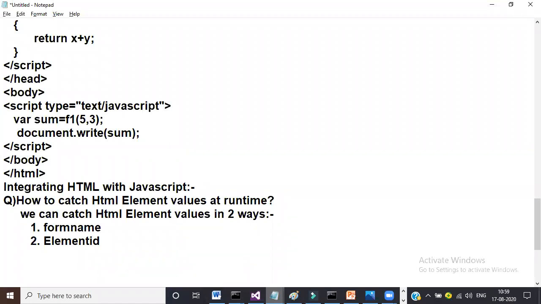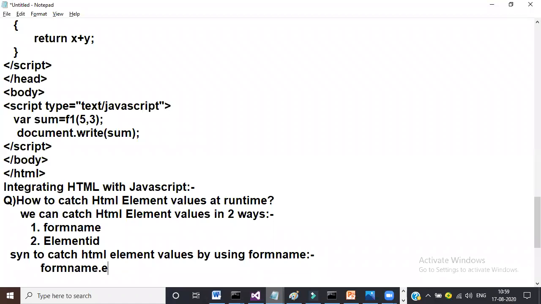So how to catch the HTML element values at runtime? We can catch them in how many ways? Two ways. One is by using form name, the other one is by using element ID. Is it clear? If you want to catch HTML element values by using form name, the syntax is form name dot element name dot value.